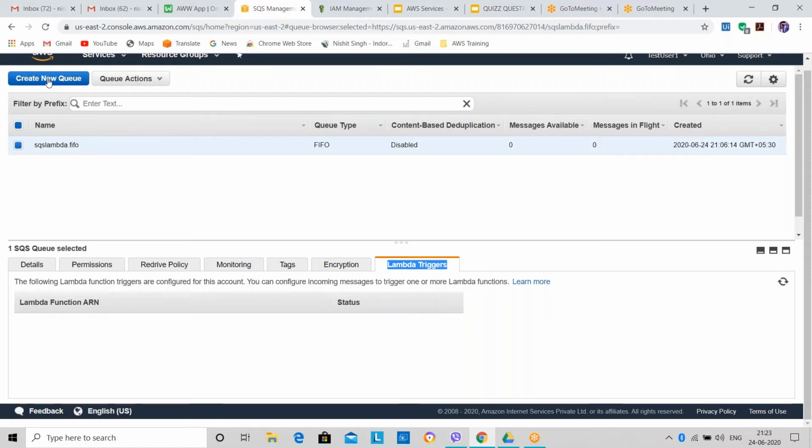See, I have a Lambda function. For example, I'll tell you a scenario. I have uploaded a photo to a website in some X format.